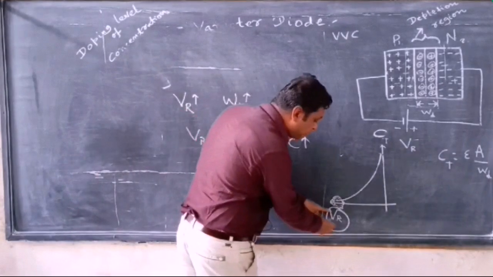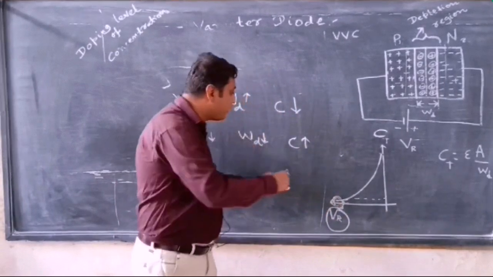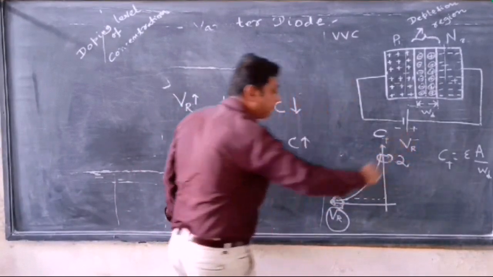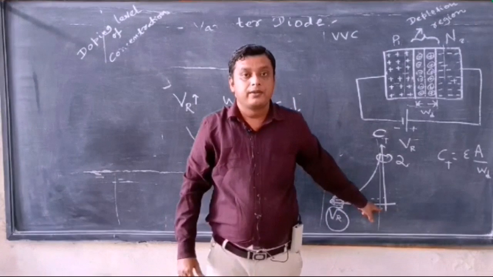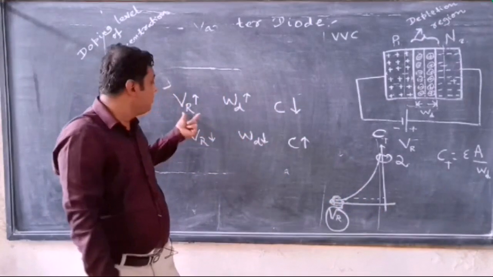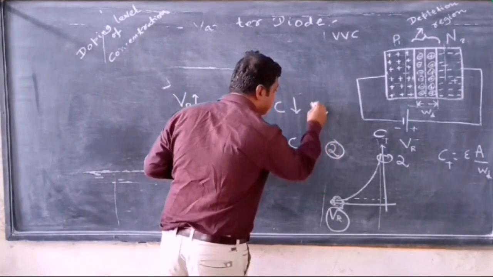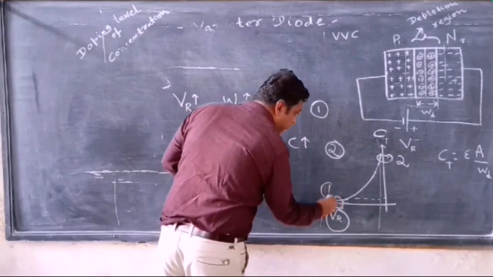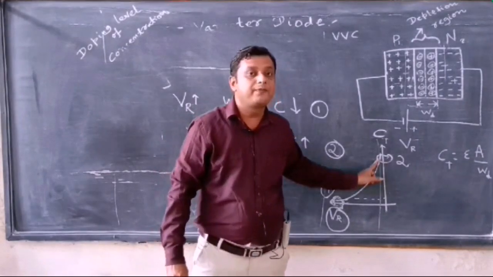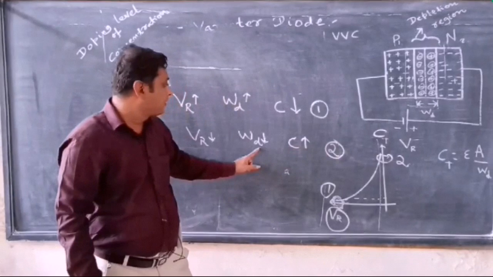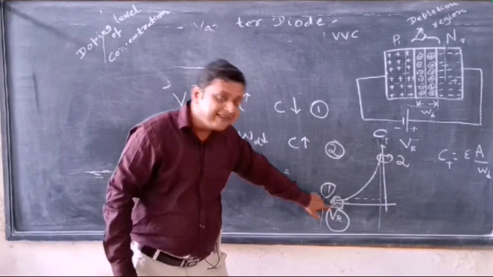If I have this second point, at this point a low value of reverse voltage, this is represented by point 2. This is represented by point 1. So this point suggests that low value of reverse voltage gives high value of capacitance. This point suggests high value of reverse voltage,